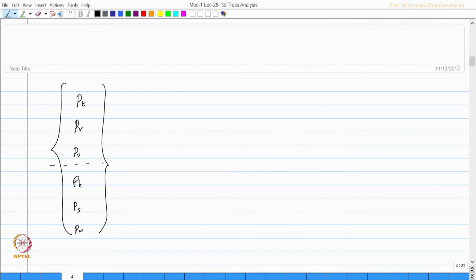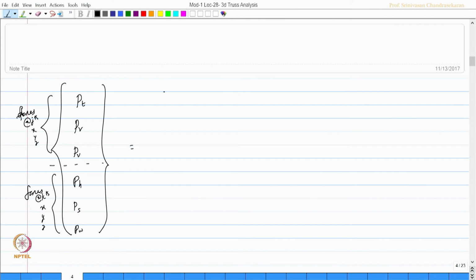These are forces at jth end along x, y, and z, and these are forces at kth end along x, y, and z,